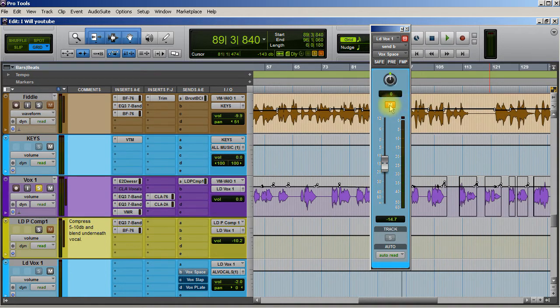All right, so it's not a huge difference the way I have it set up, but it's enough to push the vocal away from the instruments just a little bit, and that's all I'm trying to do. I'm not trying to make this super obvious, just trying to create a little bit of space